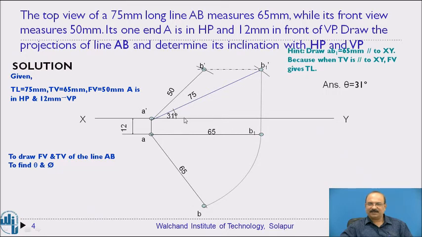Actually line length is 75 millimeter. Still you have not located that particular line in the top view. So now you have to draw the locus at this particular point B. Draw the locus. This is the locus of B point. So now take 75 millimeter as a length. Keep the compass here. Cut this locus line. So that you are going to get AB1. AB1. This is the position of the actual length of the line.